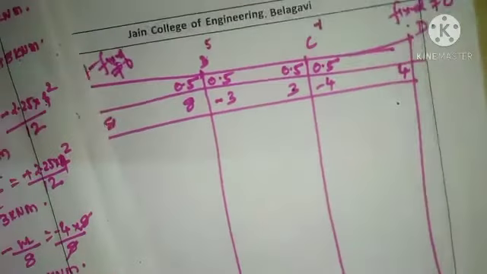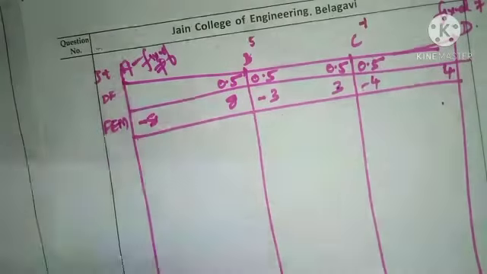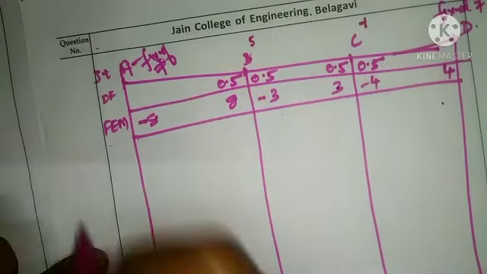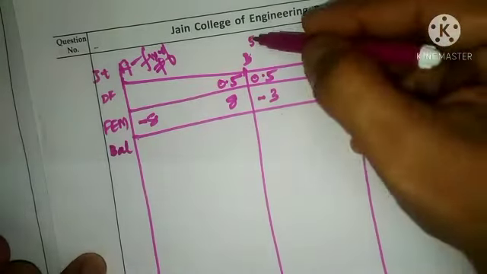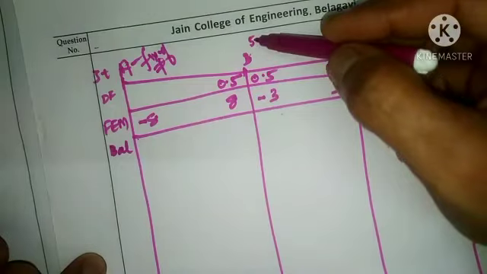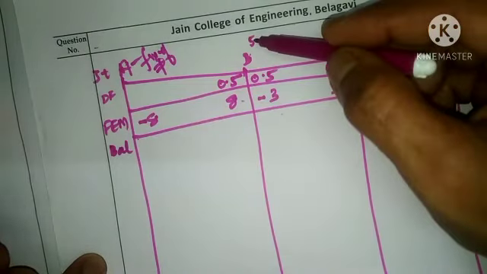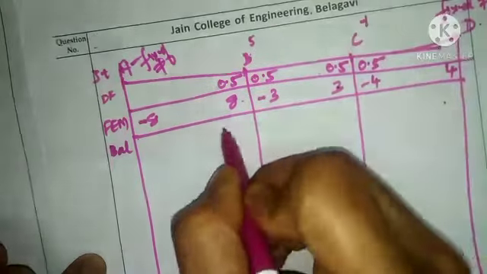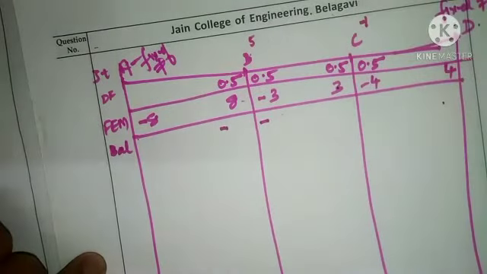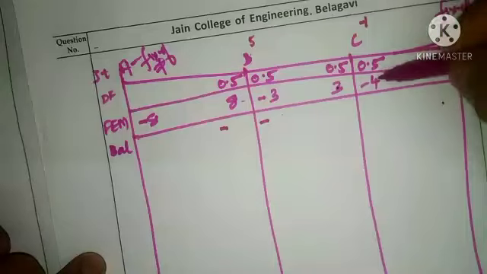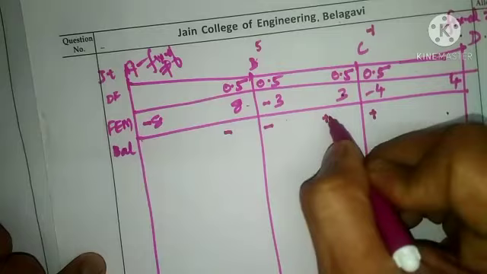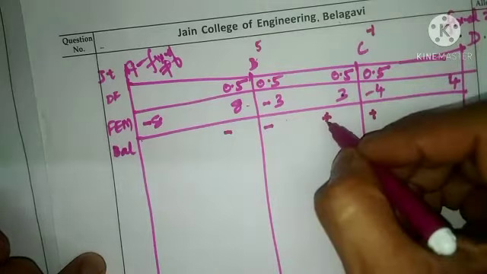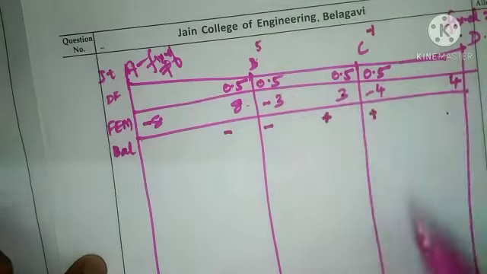Now to make it 0, the operation is called balancing. That particular exercise is called balancing. When I do a balancing exercise, the sign that I am going to adopt will be the opposite of the sign that I have attained here. 8 minus 3 is plus 5, so the opposite sign will be minus in both directions. Likewise, here minus 3 minus 4 will be minus 1, so the sign that you are going to adopt here will be positive in both cases. Opposite of minus will be positive, opposite of positive will be negative at this particular stage.